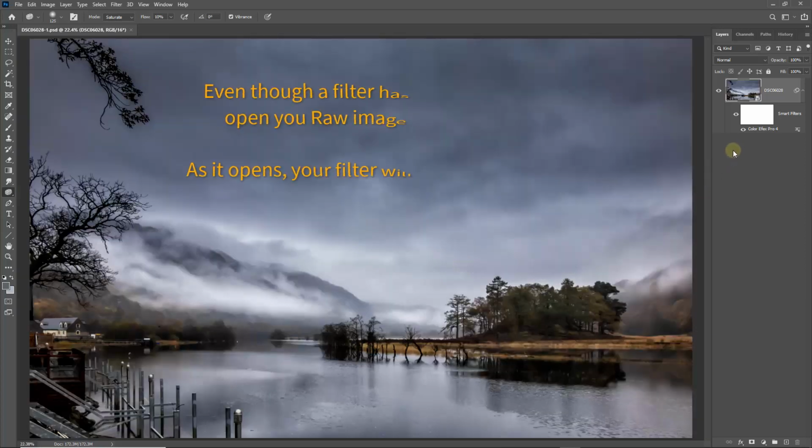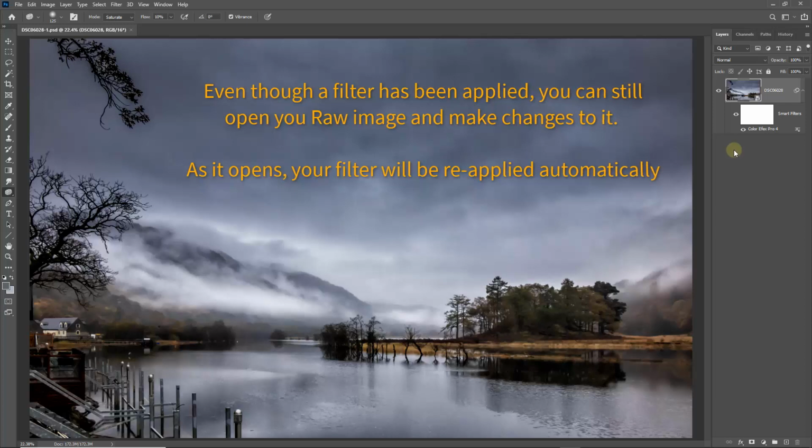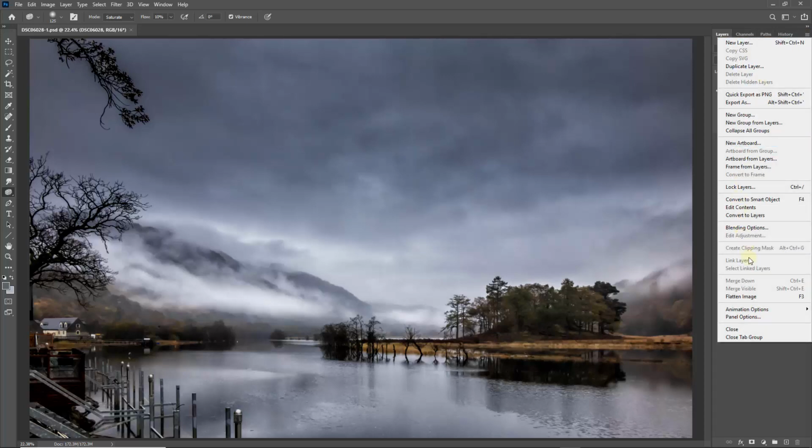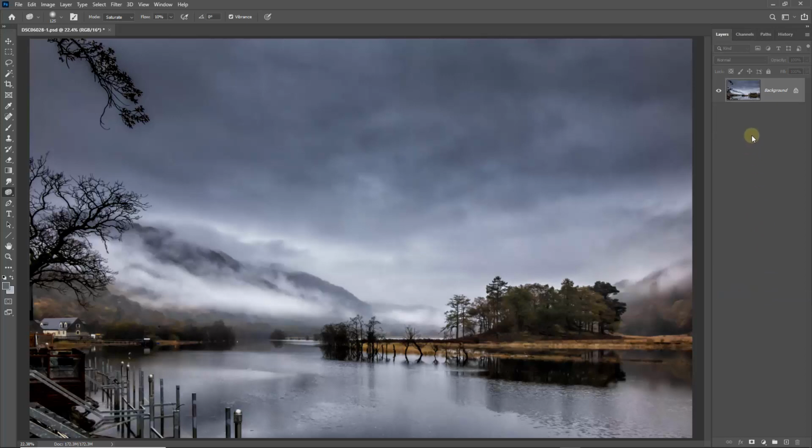If you wanted to see if you could even get rid of more of that noise, you do have the opportunity to double click the smart object and have a look at the noise options in Photoshop. I don't think I'd want to go any further than I have here. So what I'm going to do here is to flatten these to move forward. If I go to the top right here, I'll go down and flatten, because what I want to do next